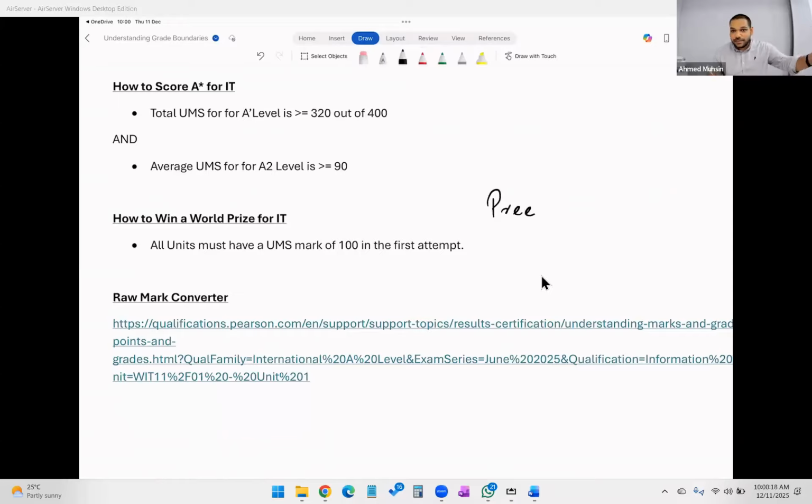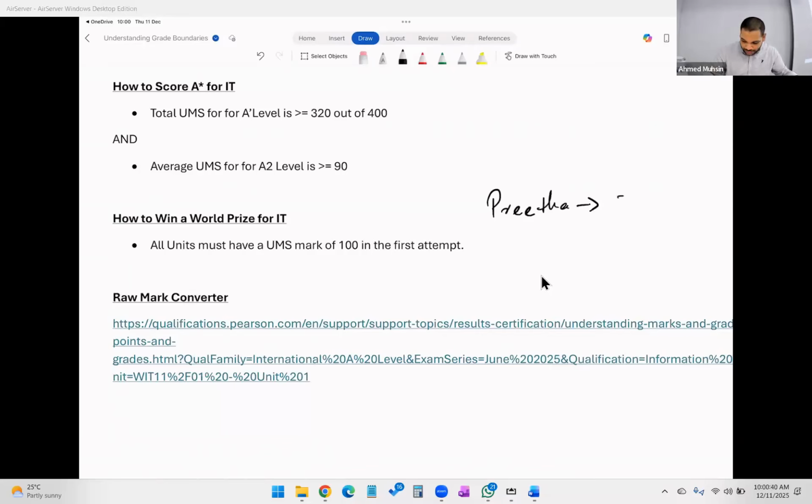Guys, I'm using her as an example. It doesn't mean you guys are out of the picture. You can still turn it around in A2. I'm going to show you how you all can turn it around in A2. Today I'm going to tell you all to SMS me your marks, and next week when we meet up, we'll talk about how you all can turn it around. So I'm just taking Preeta as an example.